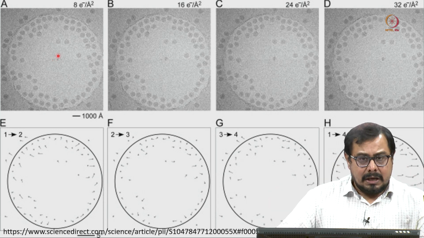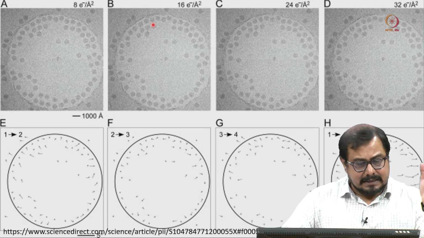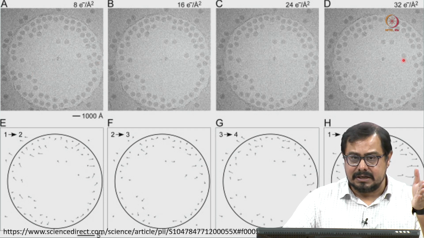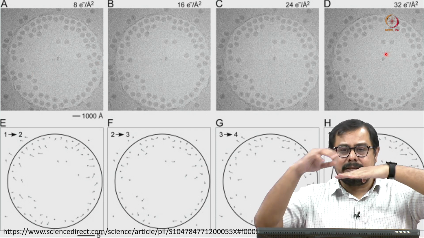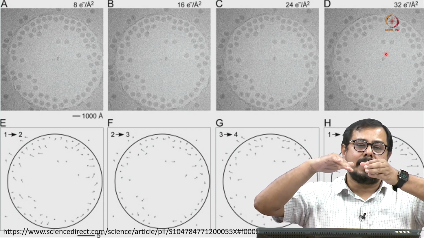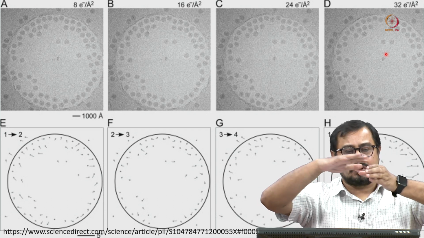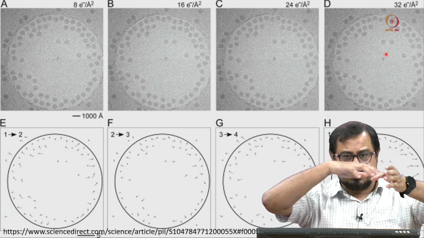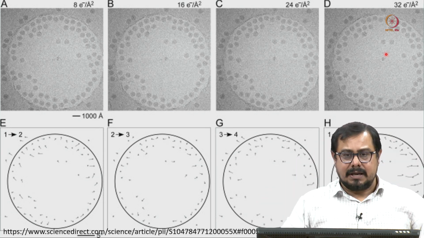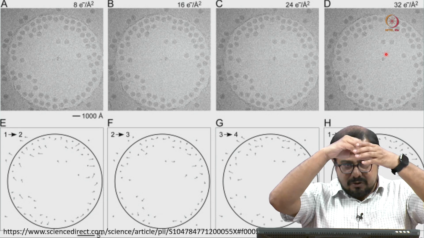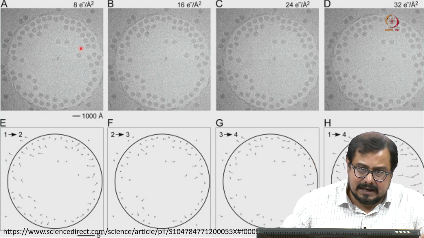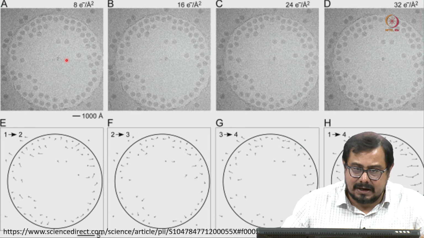Now, if you look at the next, the same hole we are constantly imaging. As I mentioned, if this is your hole and you are adding sample, it will be a buffer solution, and the protein will be well distributed inside the hole, and this entire thing you are plunging into liquid ethane. When you plunge into liquid ethane, it will form the amorphous ice, which you can see here, the amorphous ice and the virus particles.